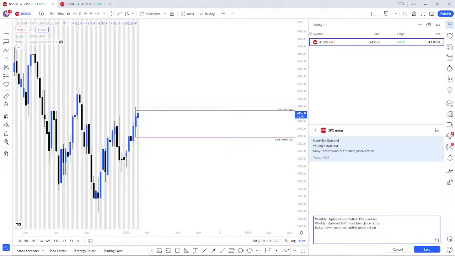So we have monthly is bullish. Monthly is uptrend and bullish price action. Weekly is uptrend but indecisive. And daily is like today. If you're going to meet up today, it will be downtrend, but bullish price action. So we'll say last, we want to focus on taking longer